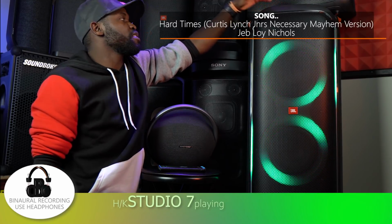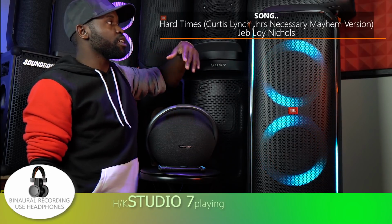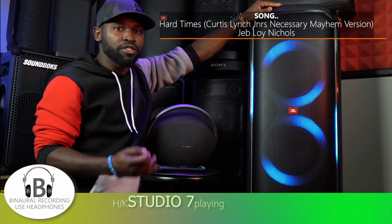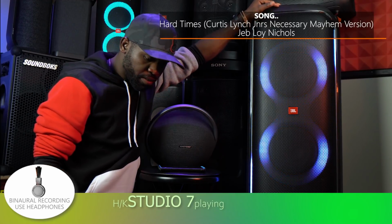So best performance, this guy is in bass boost 1. So, and you can hear the bass. It's not as much as it is at higher volume, so they do cut down on bass a little bit, but